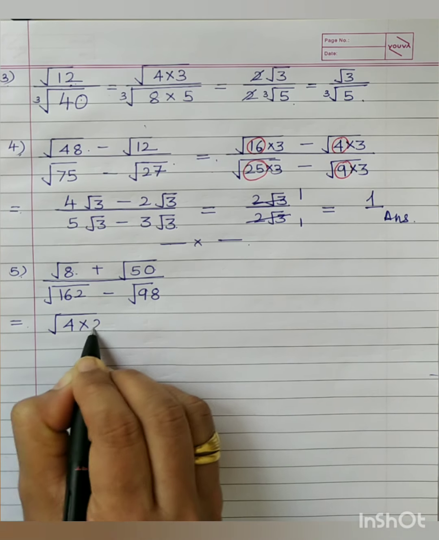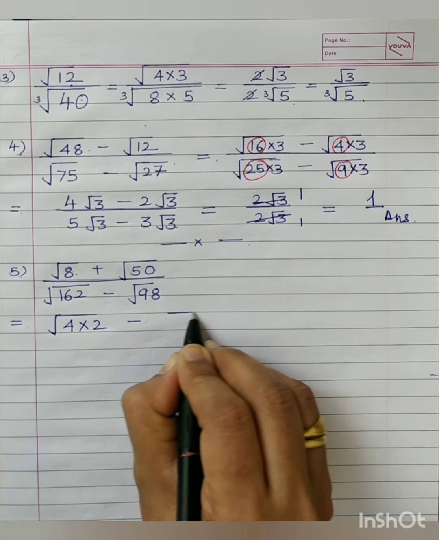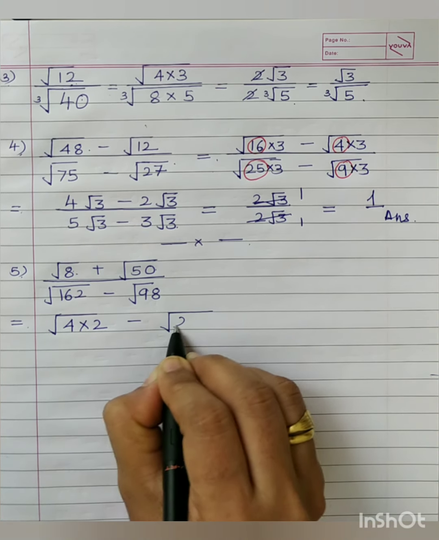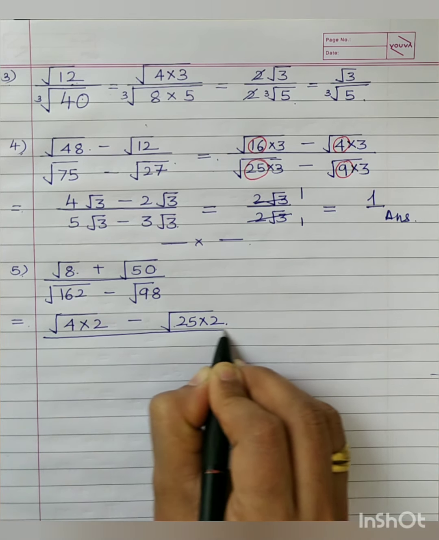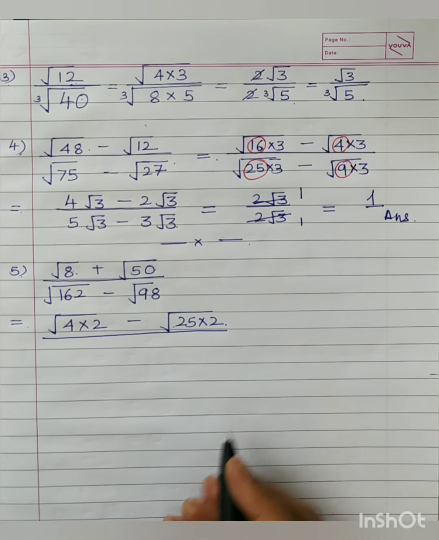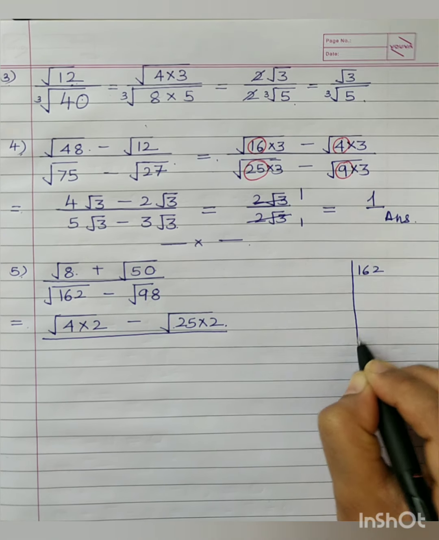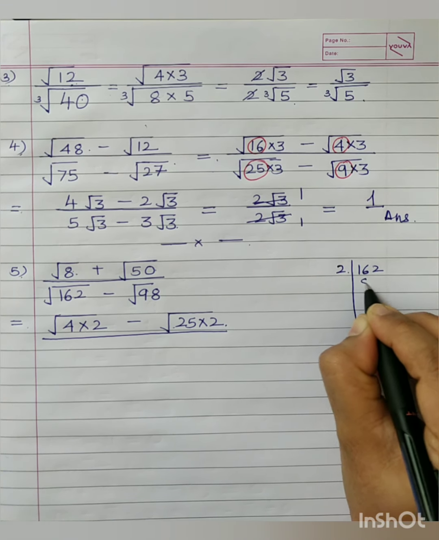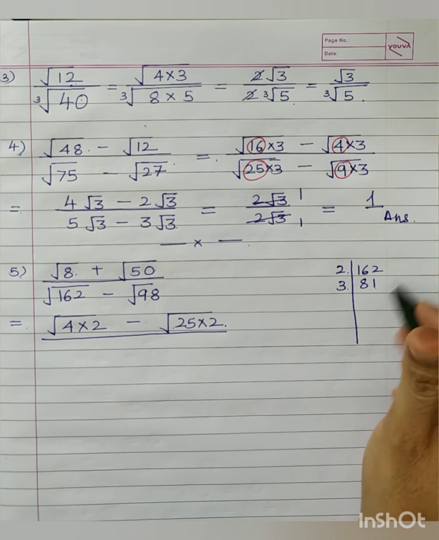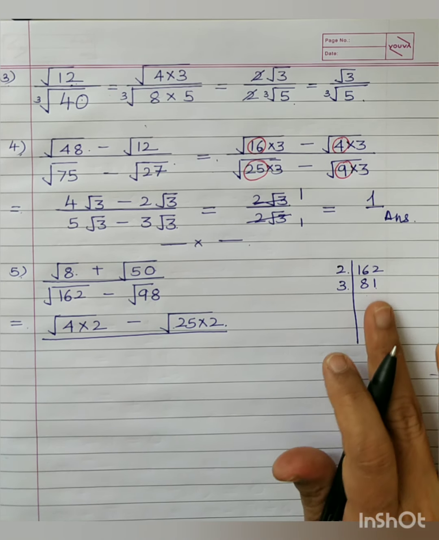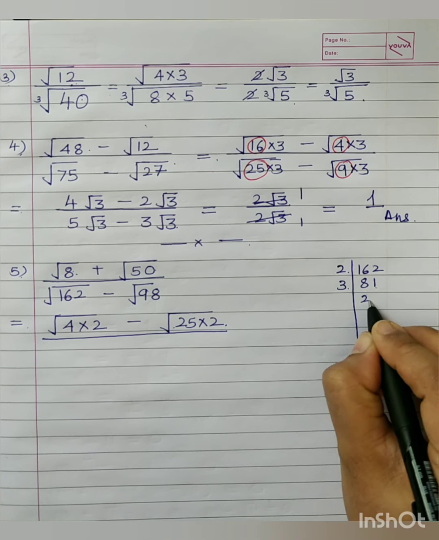Square root of 8, how are you writing it? 4 into 2. The order is 2, so we are searching for a perfect square factor. Likewise 50 is also very easy, you can write it as 25 into 2. Now here comes a question. You may think 162, do not worry, no problem at all. You can go for 162's prime factorization. So starting with 2, 81. Then 81 you know here itself that it is the square of 9. So 81 is a perfect square number you have already got here. But as I said, I am going to show you, so I will show you.